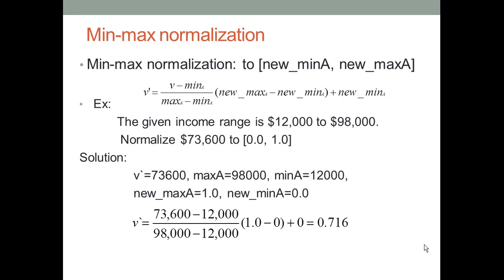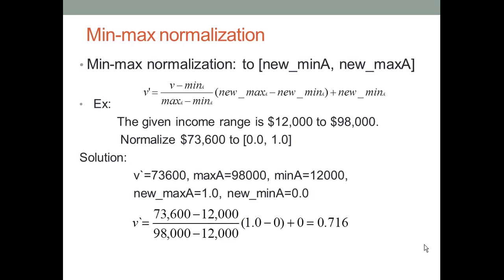For example, as I told you, I have a value which is in the range of 5 to 250. So your minimum value becomes 5 and your maximum value becomes 250, and I want to fit the range 5 to 250 into the range of 1 to 10. So my new max becomes 10, and my new min becomes 1. I hope it is clear. So let's have a look at an example over here.